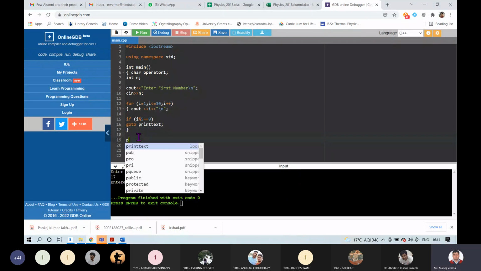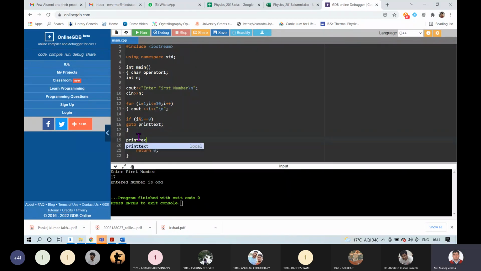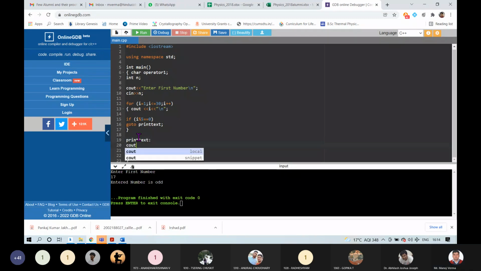Then I will define this print text label as a cout statement: current value of I is perfectly divisible by 5.